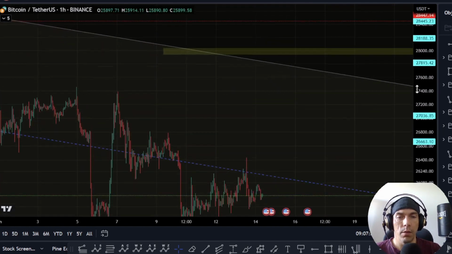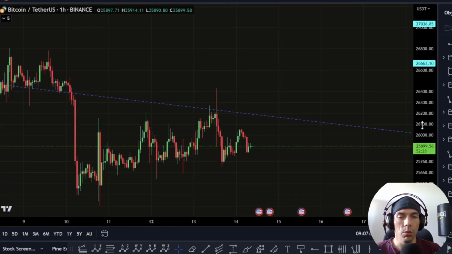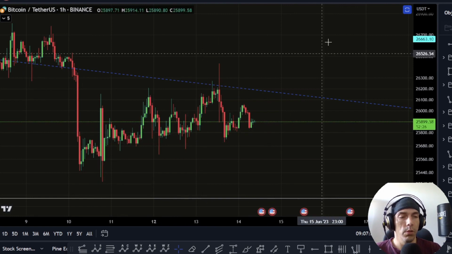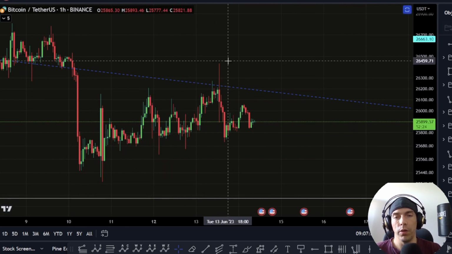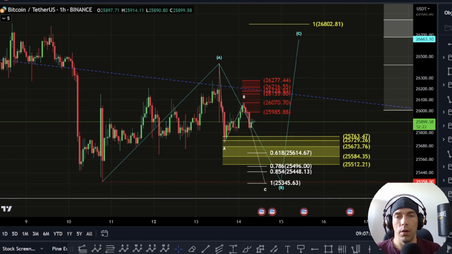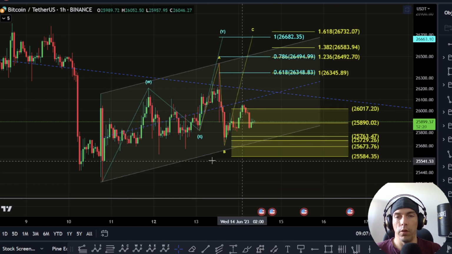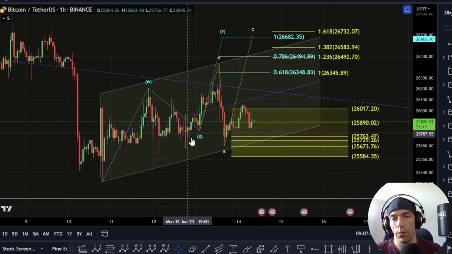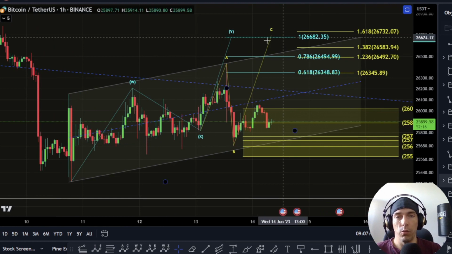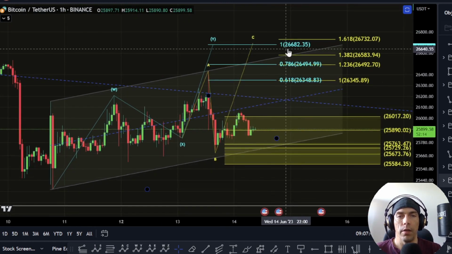Now, if we come right in here, what we're looking for is that the potential within this structure is either completed or it is not completed. Now, we were talking about this move in this way yesterday. We were saying this could be W and X wave as a triangle. Now, this Y wave 1-to-1 is actually up here at this